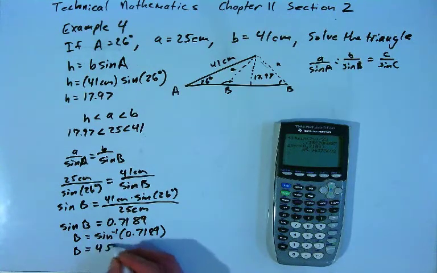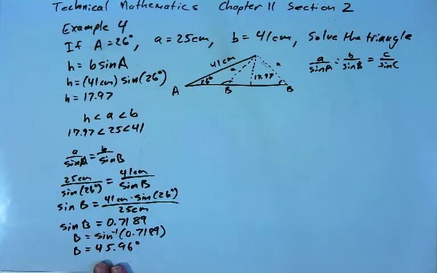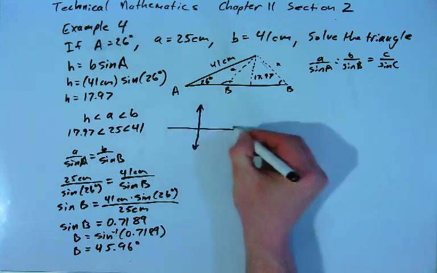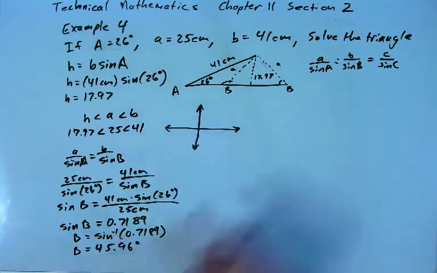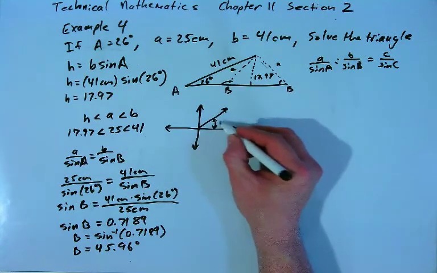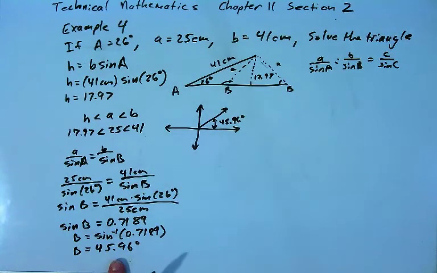B is 45.96 degrees. And so if we look at this angle in the coordinate plane, we have an angle that is 45.96 degrees. But remember, anytime we use the inverse trig functions, our calculator gives us one answer, but there's actually